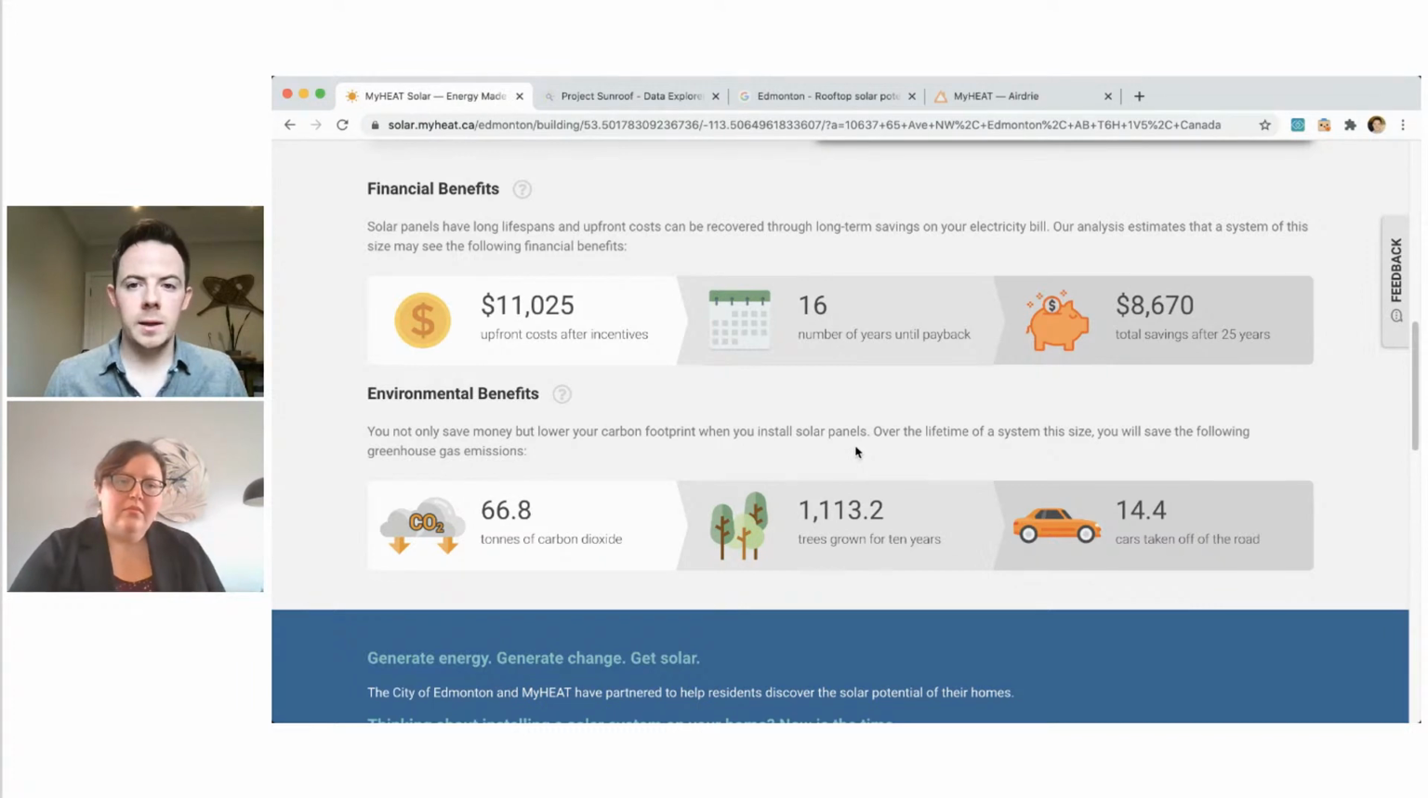So within our calculator here, we've taken into account lots of the local variables that will be required to understand the financial payback, including the incentive, including the local electricity rates. And so for this particular home, 21 solar panel array, we've estimated it would cost them $11,000 upfront after incentives, which would equate to about 16 years of a payback period, which is equivalent to about $8,500 of savings over 25 years, which is what we estimate to be the lifetime of the system. So very quickly, someone has a very good idea of what that might look like for their